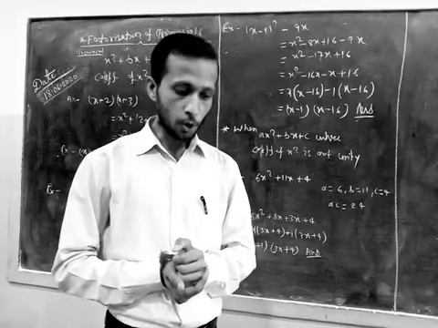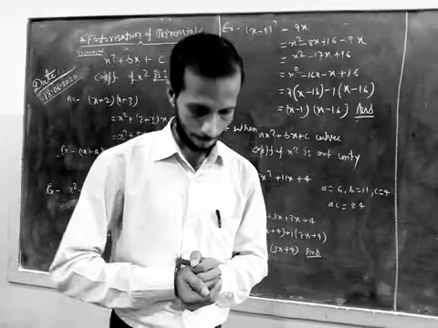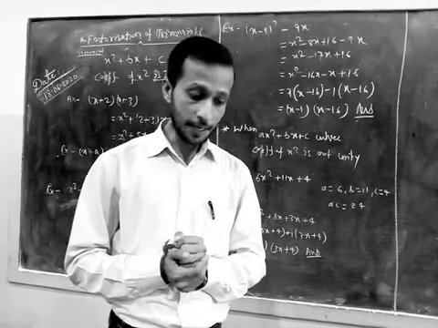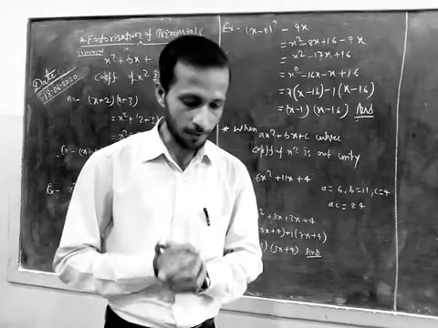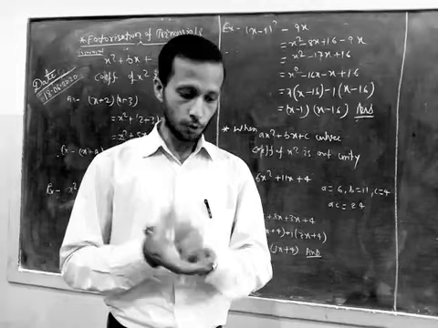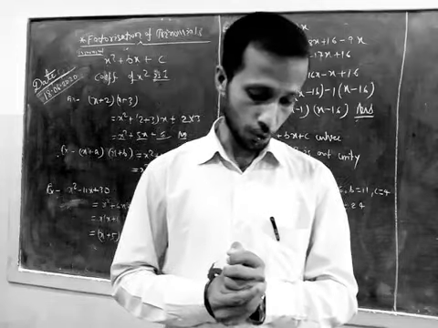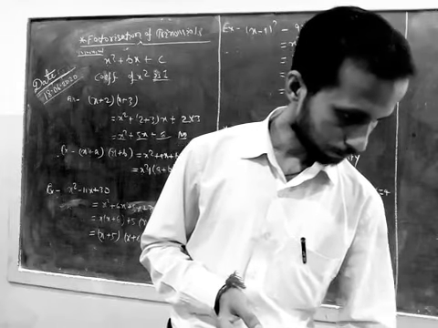Step 4, group the first two terms and the last two terms of the expression obtained in step 3, take the common factor from the respective groups and observe a common factor in the two groups. And last, take the common factor from the two groups in step 5 and write the required factors.